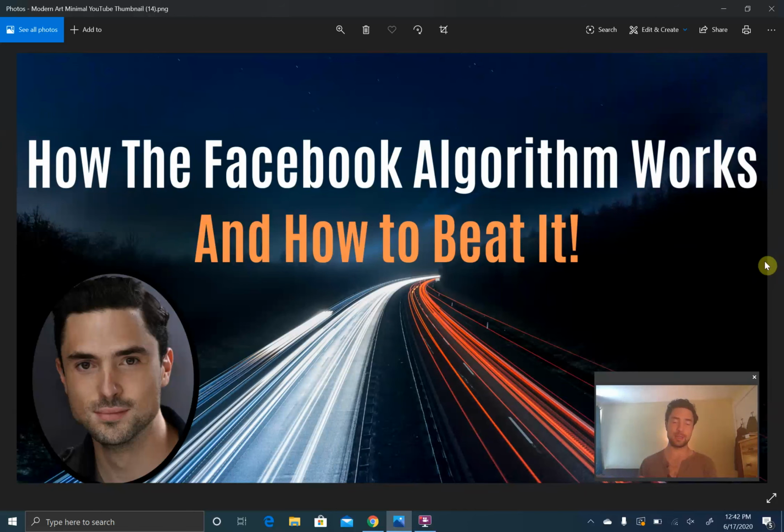When you make a post, they're going to try showing it to one pocket of that audience first. Say it's pocket 1. If it gets a good response from pocket 1, then Facebook will show it to pocket 2. If it gets a good response from pocket 2, it'll show it to pocket 3, and so on and so forth. What I mean by a good response is if people are liking it, engaging with it, commenting on it, and sharing it.